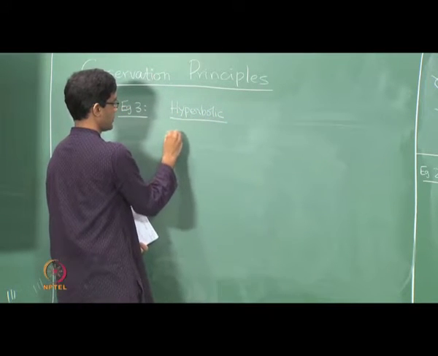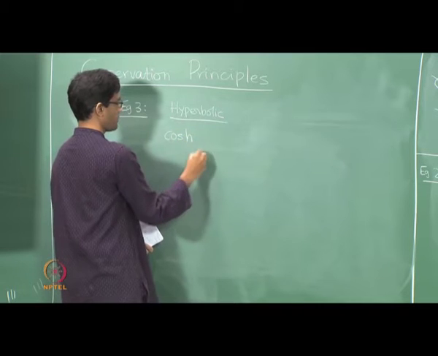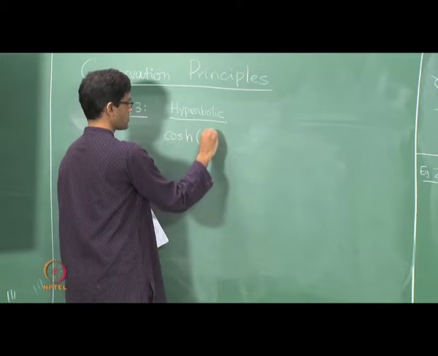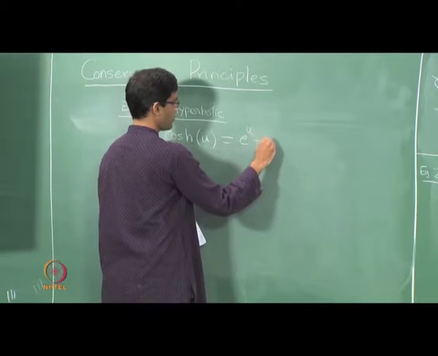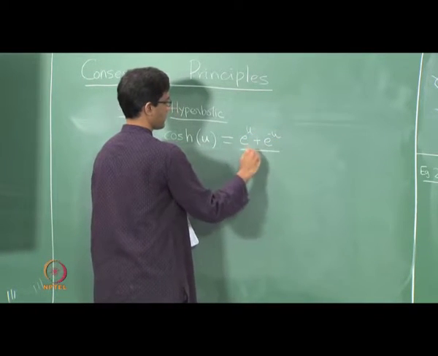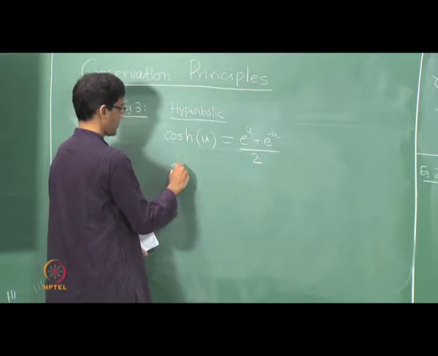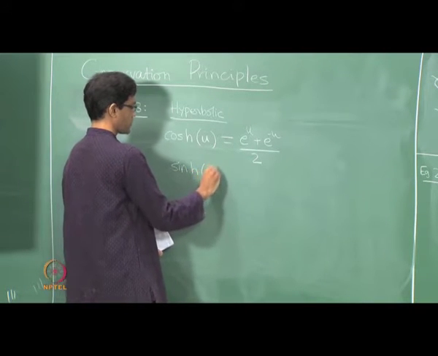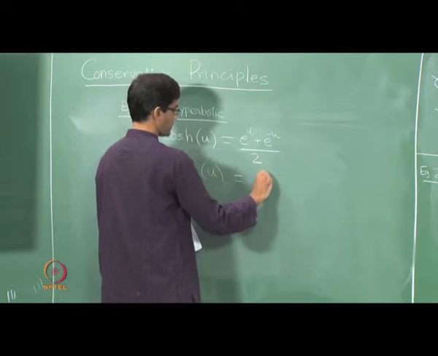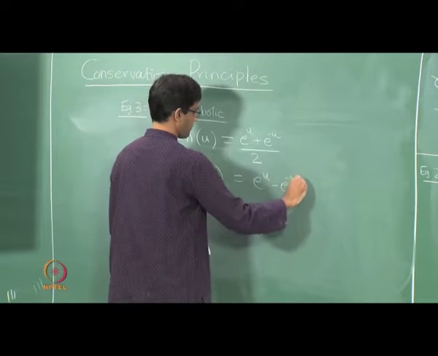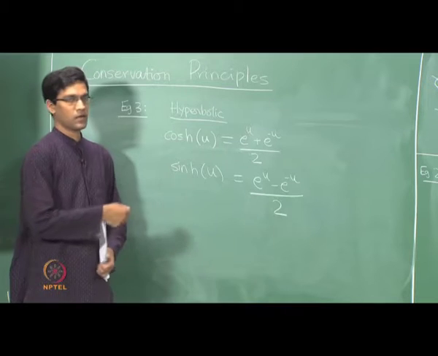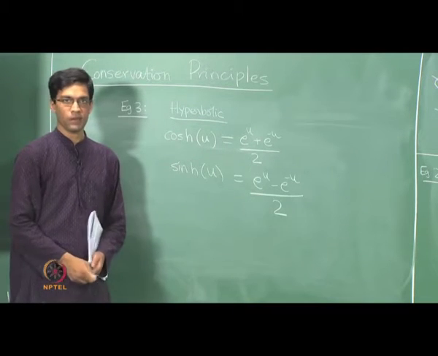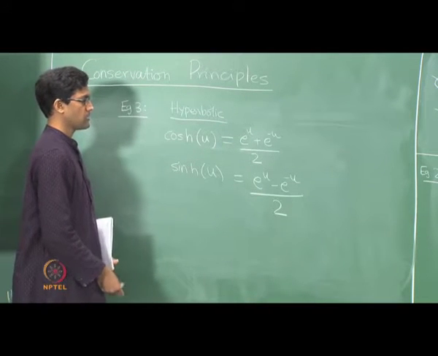So in case it's not already familiar, cosine hyperbolic of u, where u is any real number here, is defined to be the following: e to the power u plus e to the minus u, divided by 2, and hyperbolic sine is defined as e to the u minus e to the minus u, divided by 2. Okay. So there is a hyperbolic version of the previous example. Okay. So there we said the configuration.